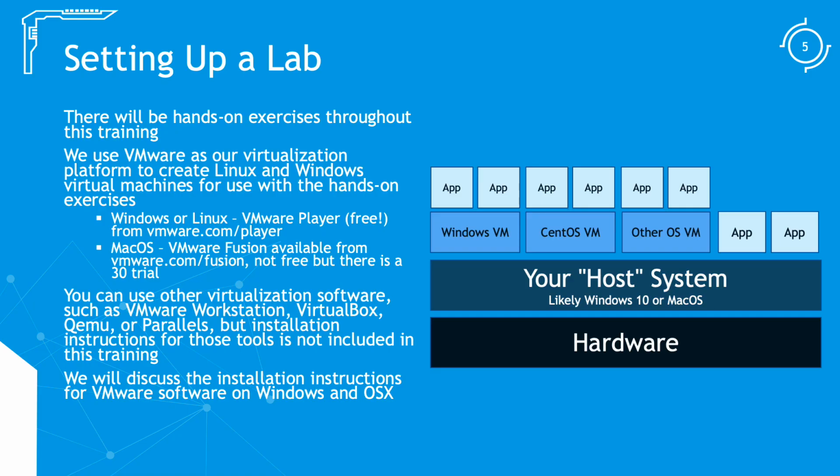Now, why do we need virtualization? Well, what it allows us to do is run a number of different operating systems on top of our host operating system. Your host operating system is probably Windows of some kind or Mac of some kind. A few of you may even be using Linux. What this allows us to do then is build the operating systems on top of that in these virtualized containers, if you will, so that we can all have the same underlying technology, the same Windows VM, the same Linux VM, so that we can use that with our lab exercises, and it's not going to have impact on our underlying host operating system.